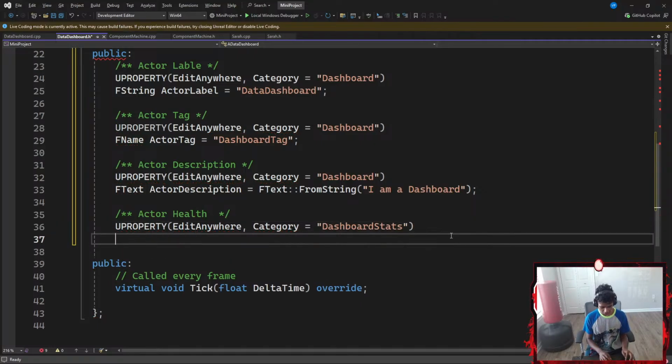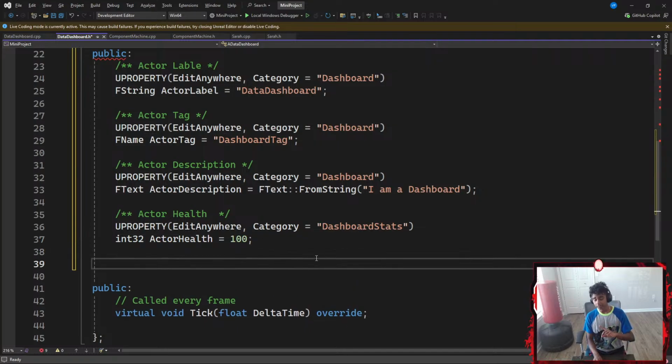Okay, and then I'm gonna go ahead and create an int32 variable. This is basically an integer variable, but it's 32 bits. Actually, I've made a note for that as well. Let me check that up real quick. Okay, int32 guarantees 32 bits on all platforms. I see. So that's basically what this is for. Where my int32 is going to be represented by a local variable called actor health, which is going to be equal to something like 100, ending with a semicolon.